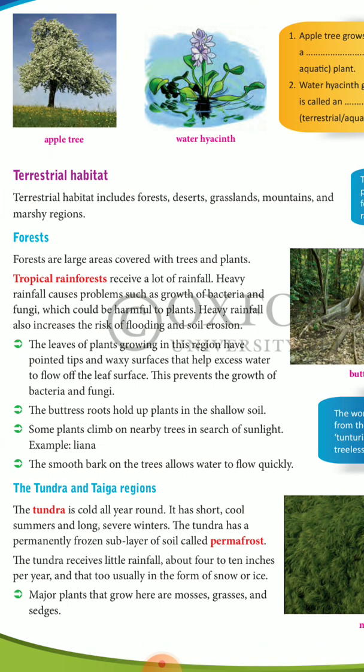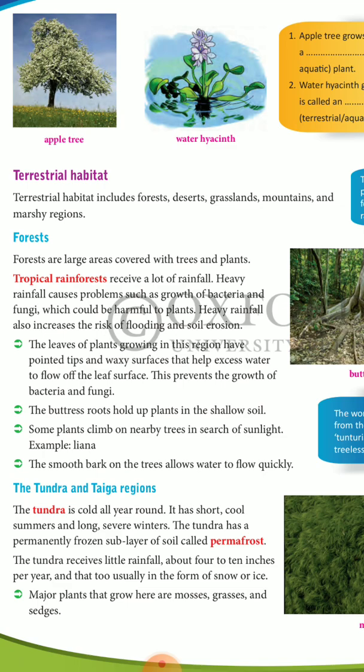Now there's one more adaptation. Some plants, this we have done, the climbers. In the rainforest, as the crown of the trees is very big, hardly any sunlight reaches the bottom of the plant. So the plants growing underneath, the climbers and creepers, need sunlight. So what these lianas will do, lianas are one kind of climber, it will climb the nearby plant and move to the top of the crown to get the sunlight.